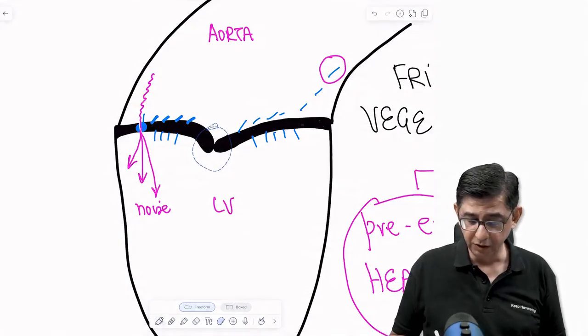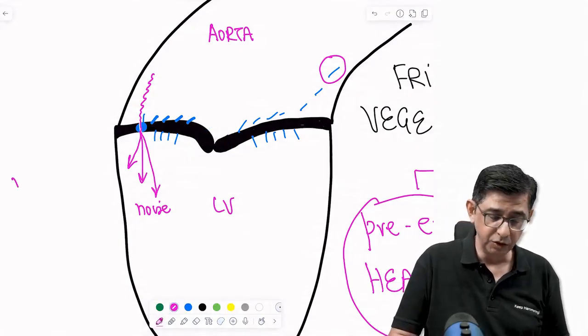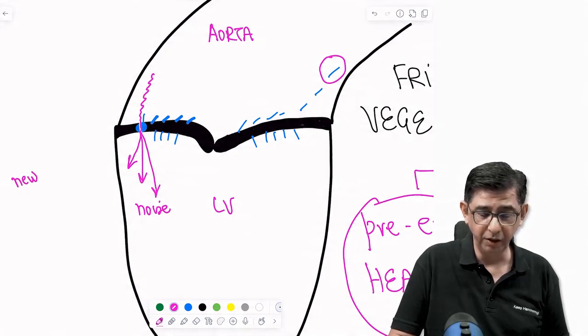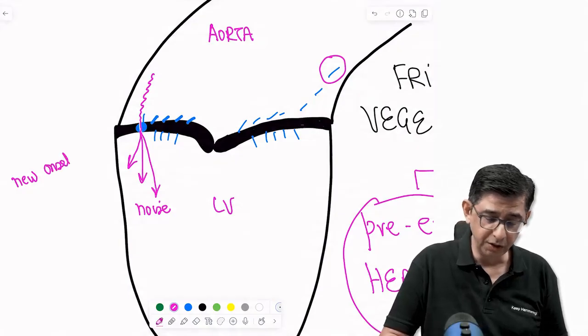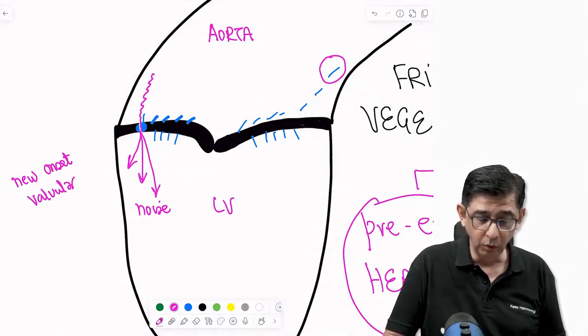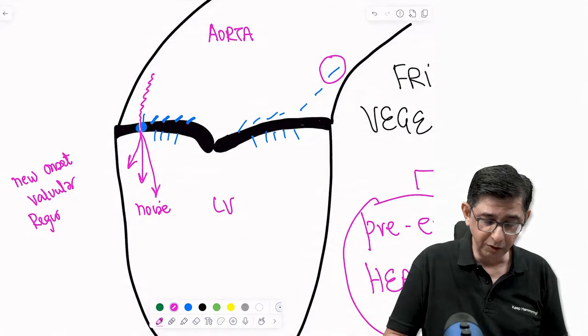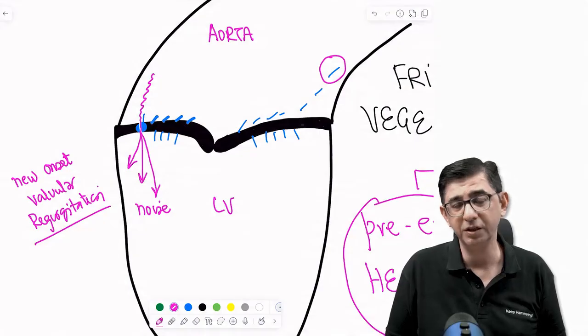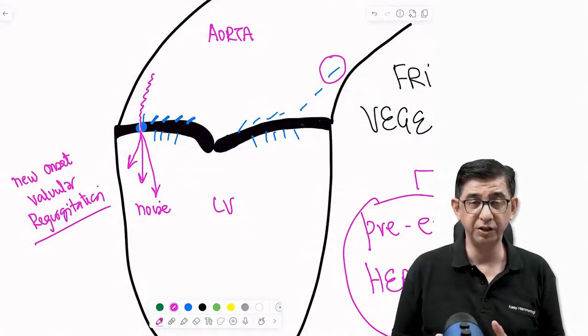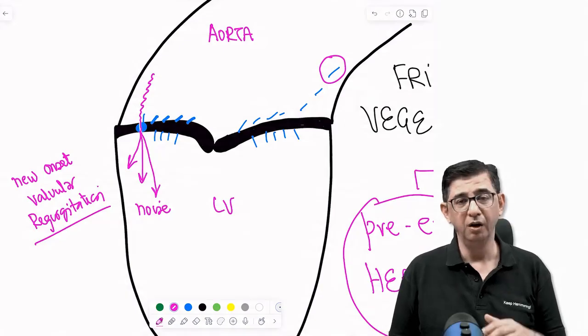That is why, I'll just rephrase what I had said earlier. This is an important minor diagnostic criterion that is in the update, right? This is a minor criterion, that is a new onset valvular regurgitation. This was not present previously. But now there will be a diastolic murmur created in this patient. This is a new onset valvular regurgitation because of a fulminant infection which developed in the form of a valve abscess